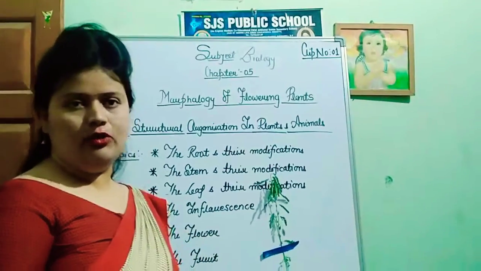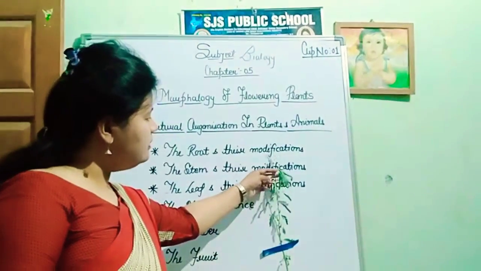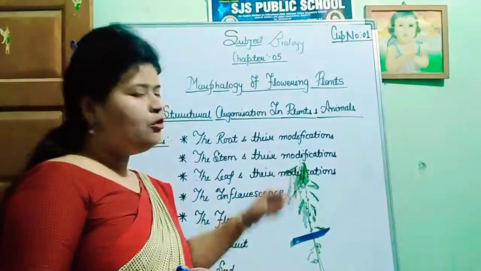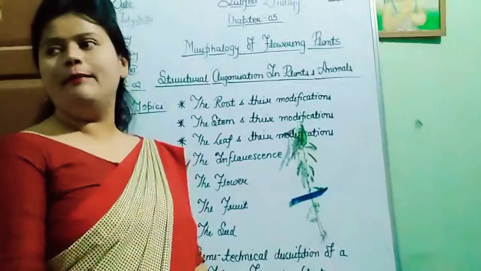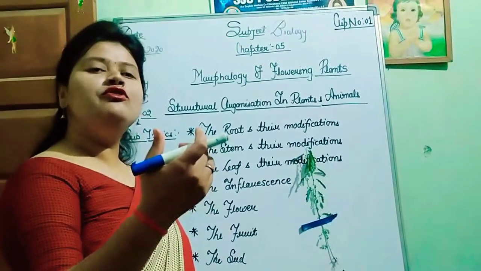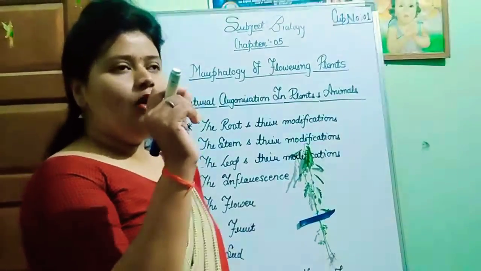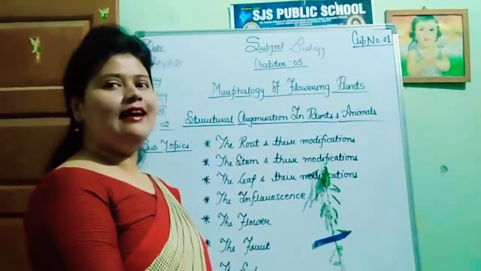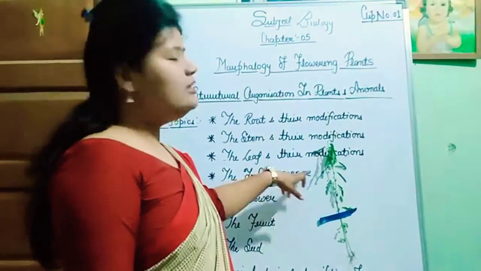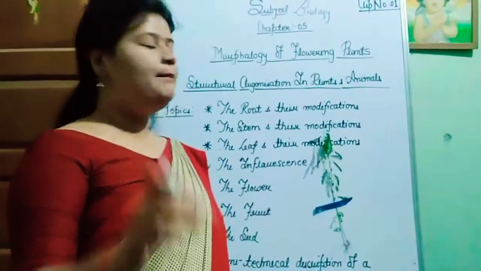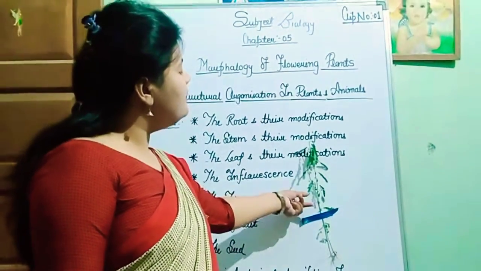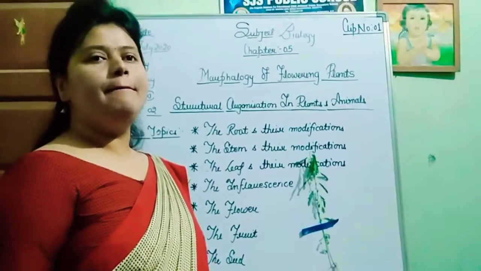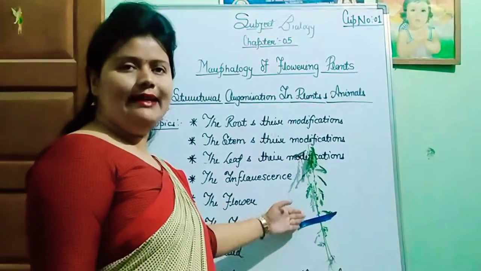In this shoot portion, this is the stem portion, and in the stem, nodes and internodes are present. What are nodes? Nodes are the small growing regions of a plant body from where new leaflets arise. And what is an internode? The gap which is present between two nodes is called the internodal part or internodal gap. So nodes and internodes are also present in the stem.